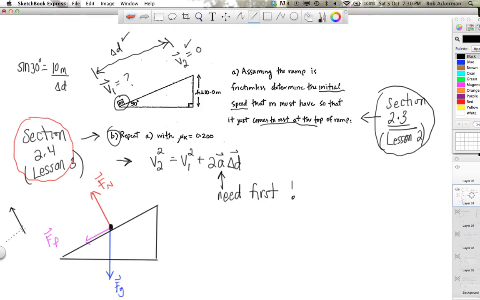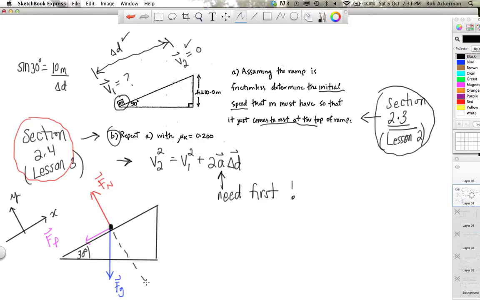However, should I make up the ramp positive, or should I make down the ramp positive? Which one? Since the object in this case is moving up the ramp, I'm going to make the positive x direction that way. Therefore, the friction force will actually be in the negative direction this time. The 30-degree angle, which is the angle of inclination of the ramp, that's going to match up with,